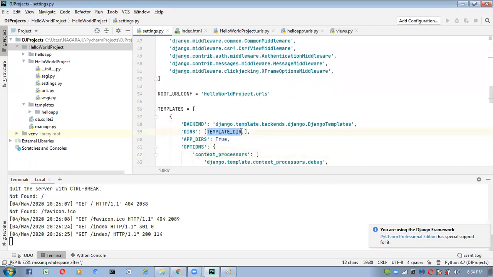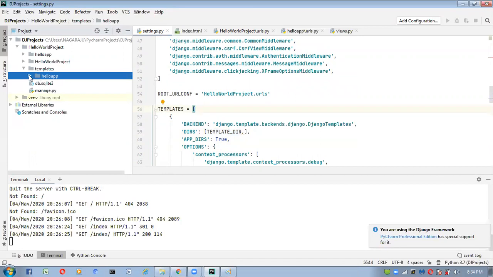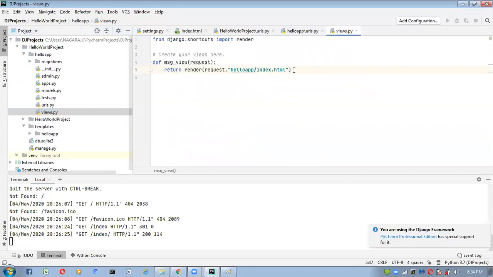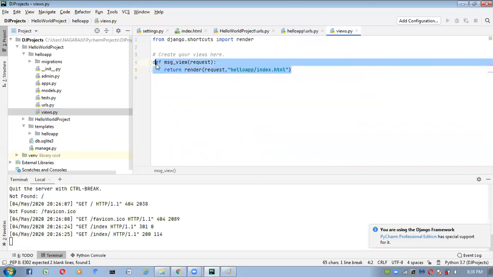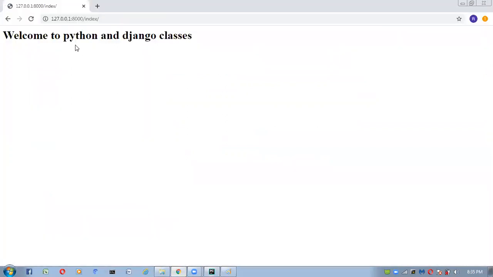Next, inside this HelloApp subfolder, we created the index.html file. Next, inside the views.py file, we defined a view function like this. Next, inside the urls.py file, we configured that URL pattern. Next, I started the server and submitted the request. Finally, here we got the output like this.